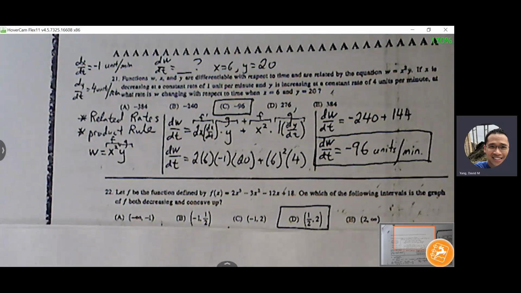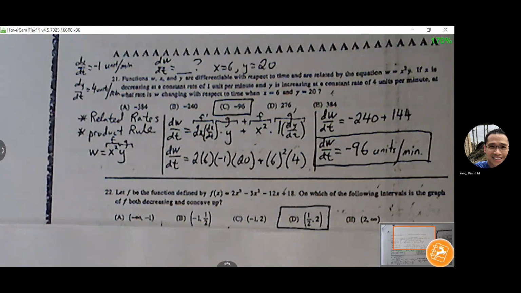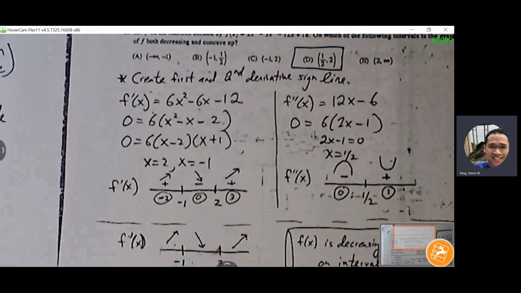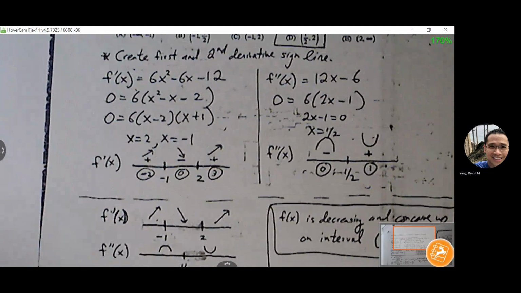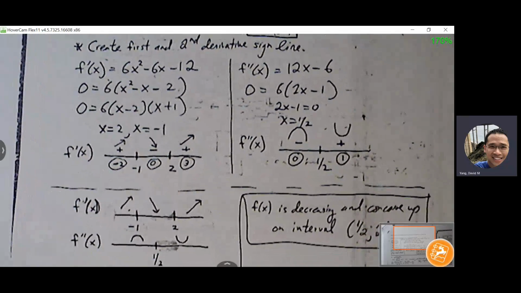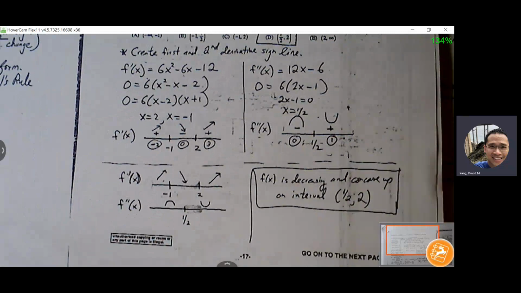All right, 22. Let f be the function defined by f of x. Where's the graph concave up and decreasing and concave up? So here, it's not difficult, but you just want to make sure that you create both your sign lines and then line them up nicely so that you can see where the behaviors are lined up, where you're gonna get